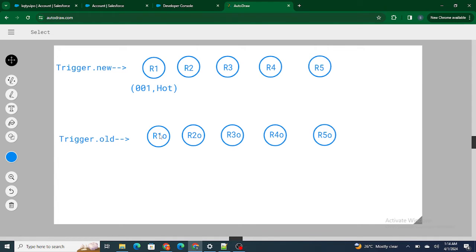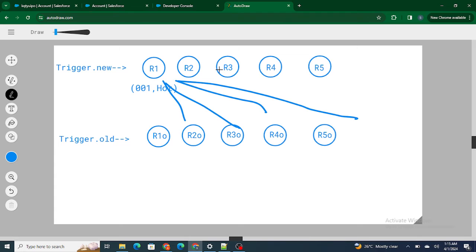Simply put, what I need to check is what is the older version of the R1 record while I am trying to update. To do that, we use trigger.old, right? But in code you have to specify which is the older version of the record. If you're trying to update R1, it will never be able to find out which is the older version, R2 or R3 or R4 or R5. It does not know by default. Even if you're passing trigger.old, it will not by default know which is the older version of the record. So if R1 is the newer version of the record, it will not know